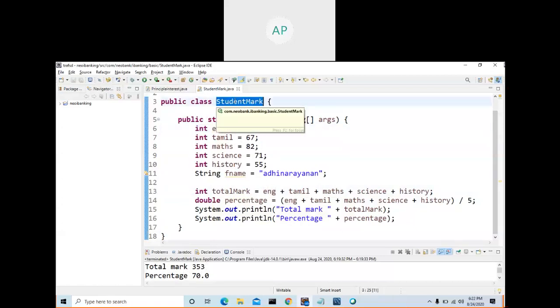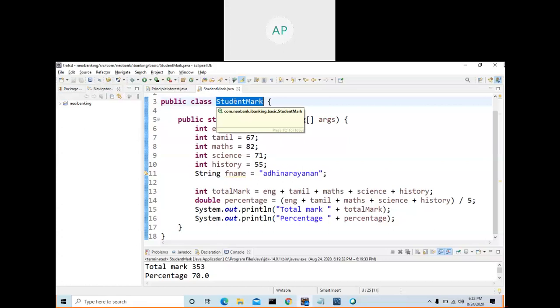Right from scratch, we will create one class, one method, and we will just print welcome to Java language, something like that. We will create one simple class, one method, and just print welcome to Java. So these are the instructions that we are going to write. You are going to write a program to print welcome to Java.